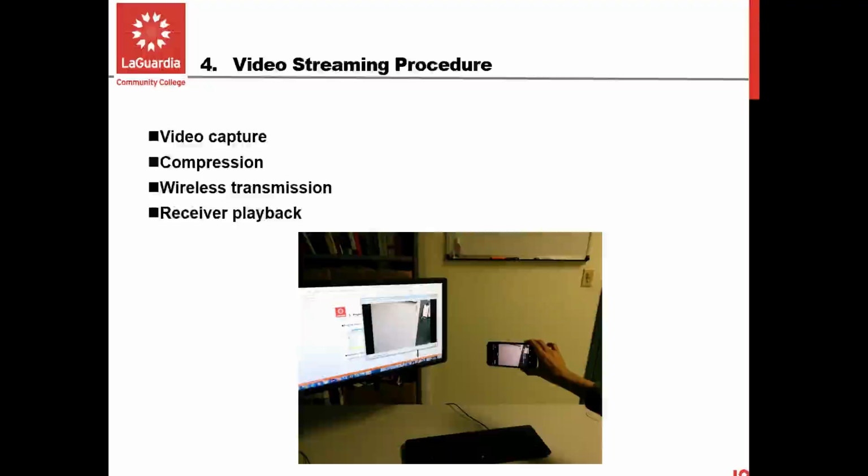Our app will save frames from the source video, and VLC Media Player will save frames in the destination video, which we can use to calculate the PSNR using ImageMagick. In this screenshot, you can see our app and VLC Media Player in action streaming video.